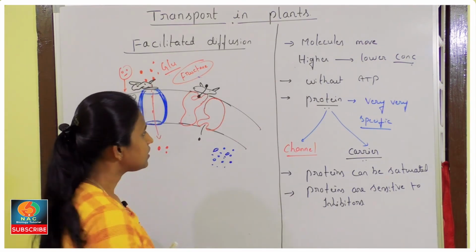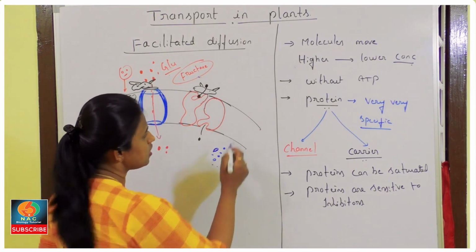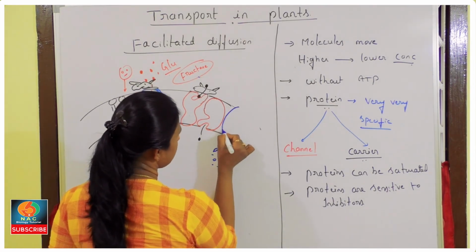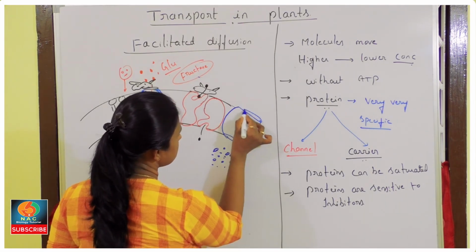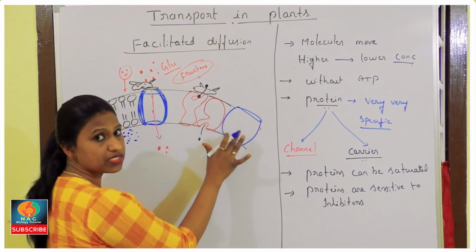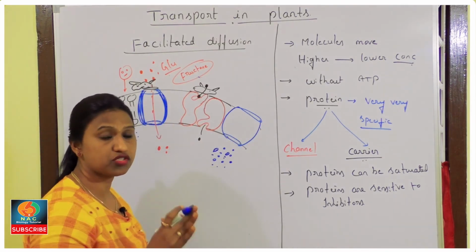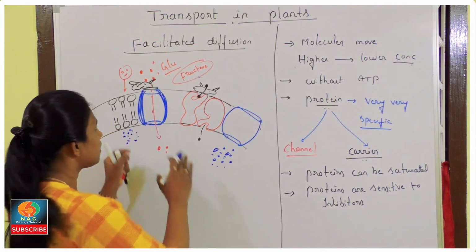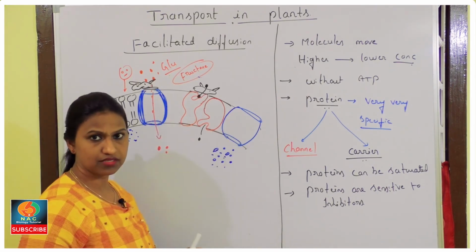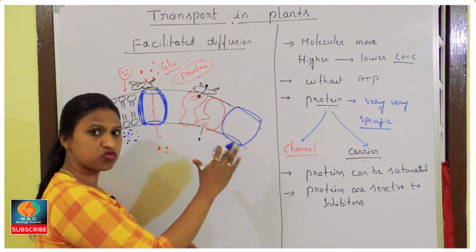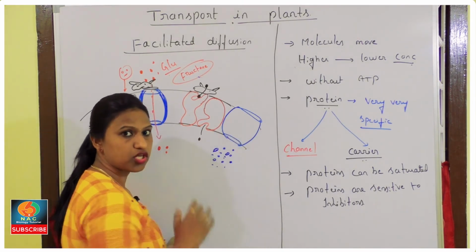So there are special protein channels present, which we call water channels. Here is our water channel. I am just writing proteins side by side, but it won't lie like this. Remember the structure of the plasma membrane: these proteins are present in between the lipid bilayer, not continuously like this. I am just showing you to make you understand. Now, imagine this is a water channel.